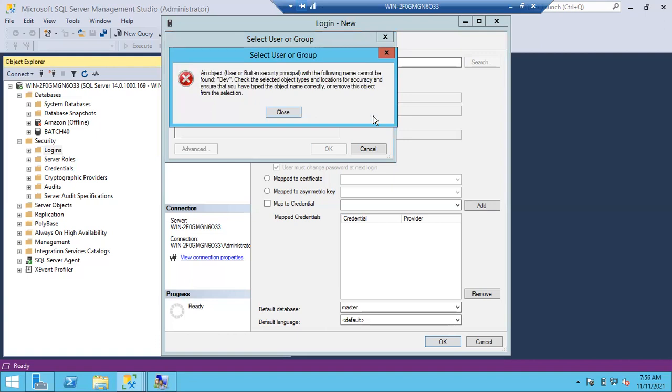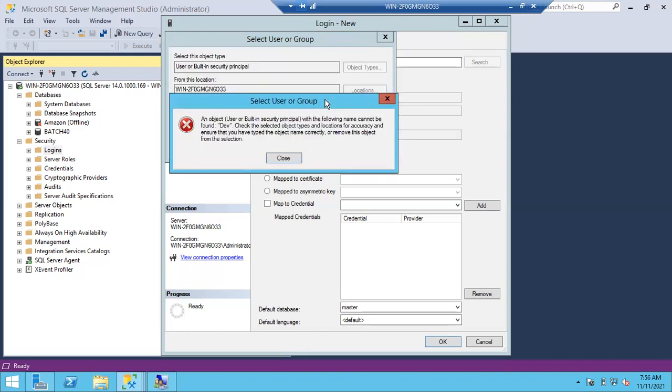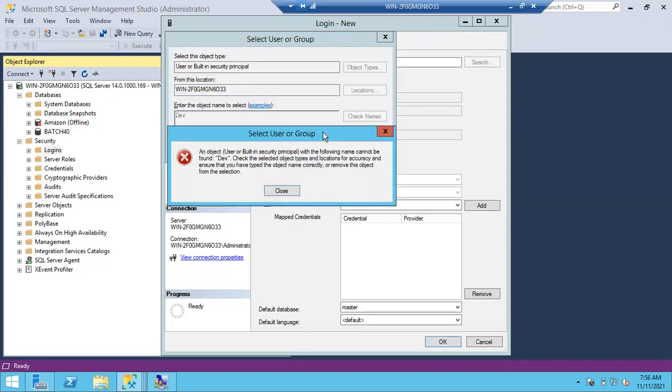Now, what do we have to do, guys? You don't have access to Active Directory. Simply take a screenshot of this error and send an email to the Windows team. Hey, we know the account is not created in Active Directory. Please create an account for Dev. Okay, they will ask for a ticket. Please create a ticket for the same. They will ask like that. Ask Dev to create one ticket and assign the ticket to the Windows team. So the Windows team will work on it and create an account for Dev in Active Directory.